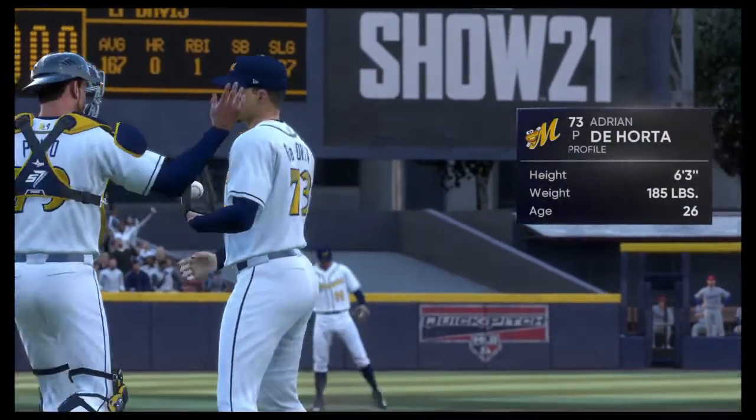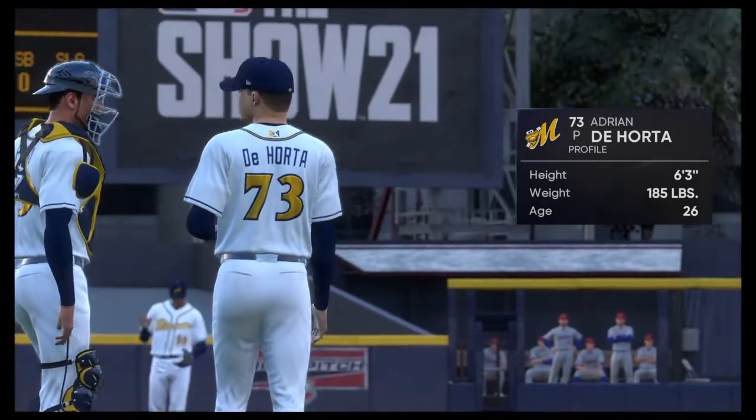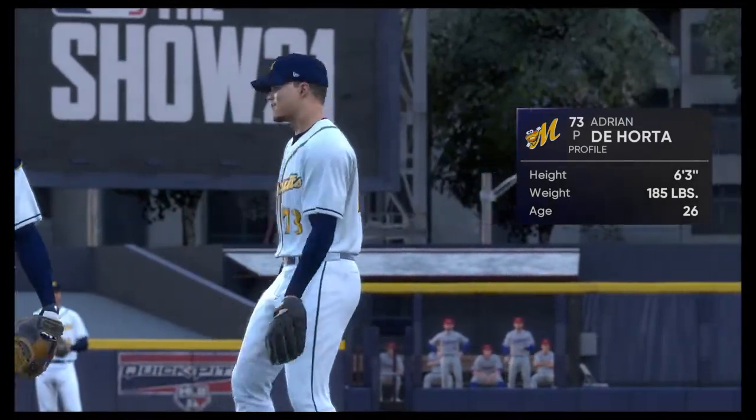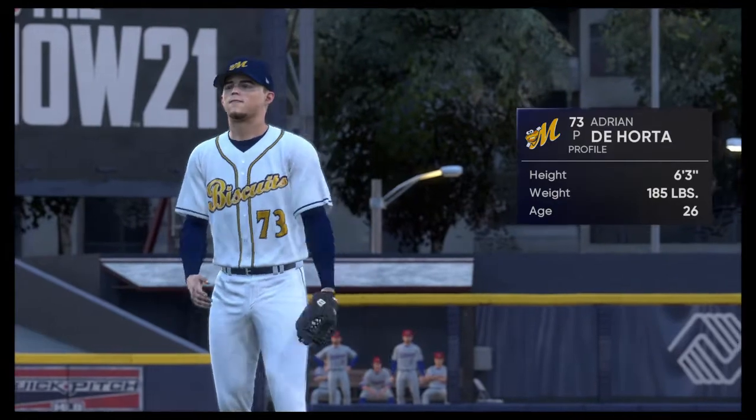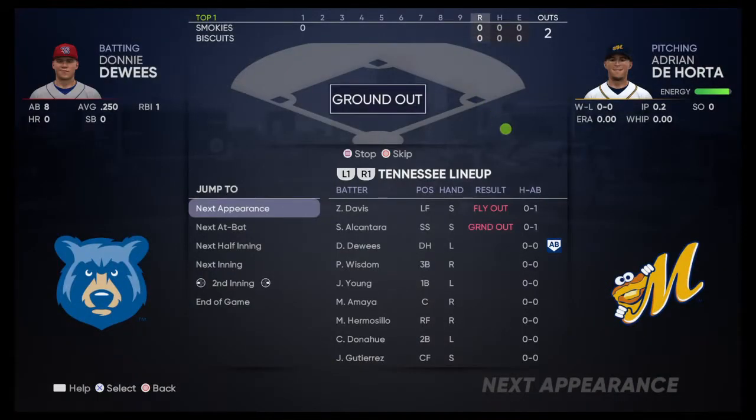Adrian DeHorta gets the ball for the opener in front of these hometown fans. Dan Plesac, what's the word on him? Hey, you don't see a lot of guys that have 5 pitches, right? Sometimes it's hard to master even 2 or 3, but if you can master...